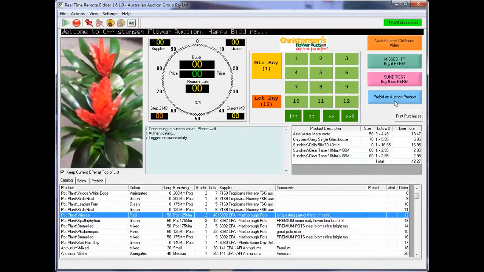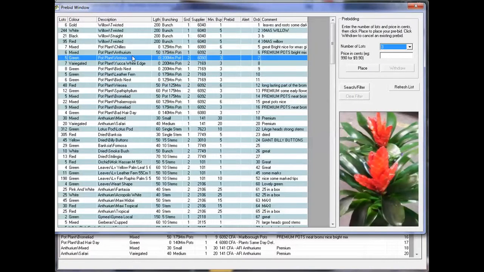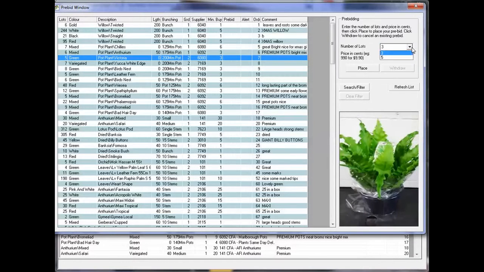Now, pre-bid, let's say you had a hot date, or you got to get the kids to school soccer, or you simply only want a few things and you don't really want to sit through the whole auction. We can go and pre-bid on auction. So you click the pre-bid button, you can select the item that you want to pre-bid on, you can choose the number of lots that you want to buy, and you can put in a bid